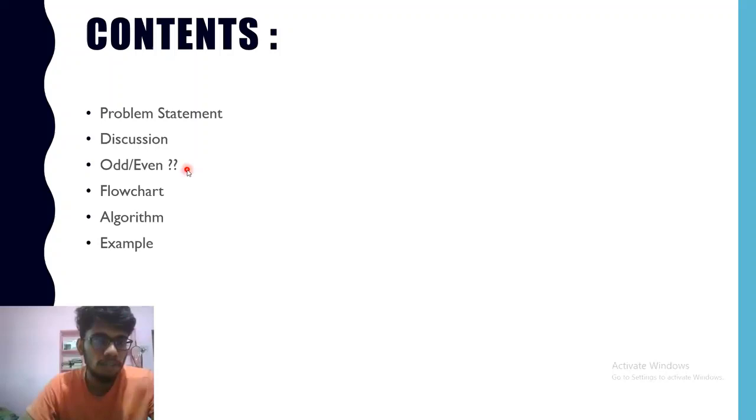Then we will figure out how to evaluate whether a particular given number is odd or even, along with some ALP programming which we will be using in our program for a series of 10 numbers. Then we will have a look at a flowchart which will clear our understanding about how we are going to approach the problem loop by loop. Then we will discuss the algorithm line by line, and then we will demonstrate it with the help of an example.